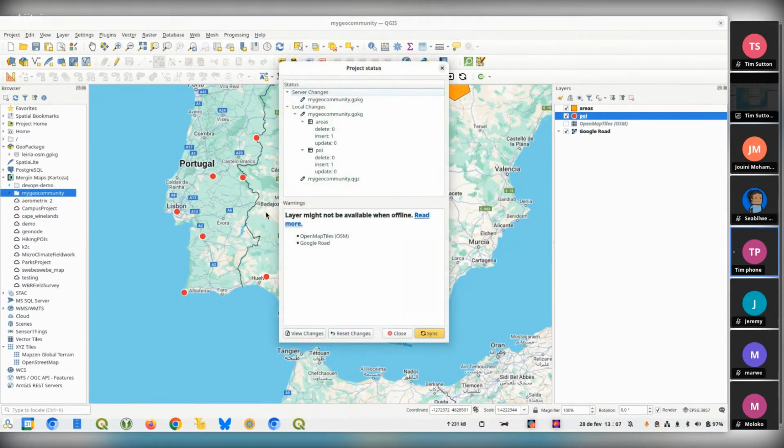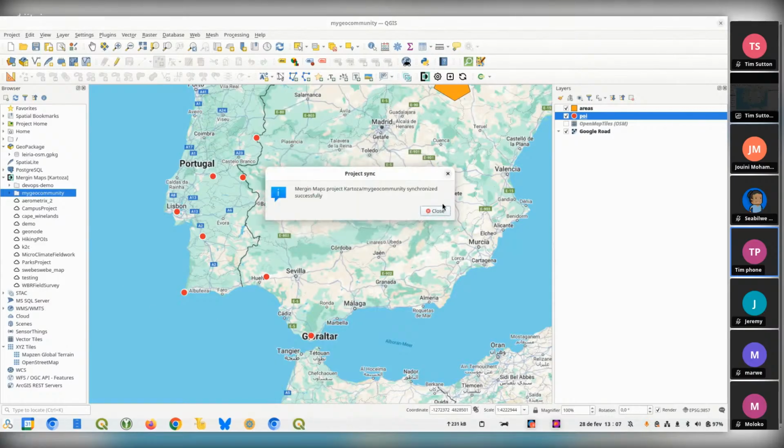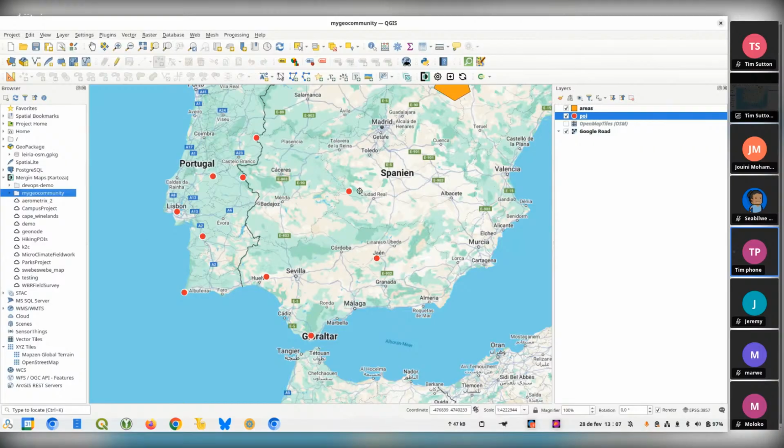When I synchronize, it will tell me, I see you've inserted one area, inserted one point of interest, and it will take all those changes, those atomic changes I've made, and synchronize them to the Mergin Cloud platform. So that's the first component of our integrated GIS platform, the idea that you can work on your desktop, use QGIS and the familiar workflows that you're used to, including, I wanted to just quickly divert into here and